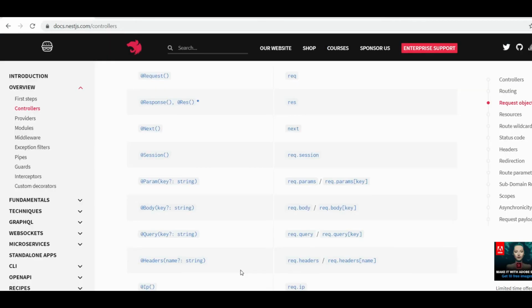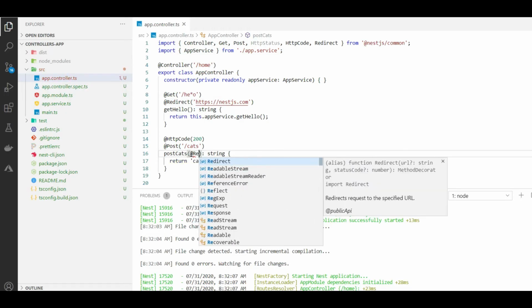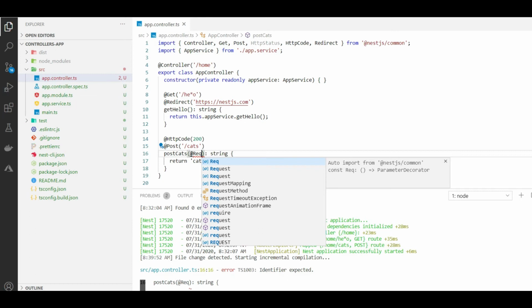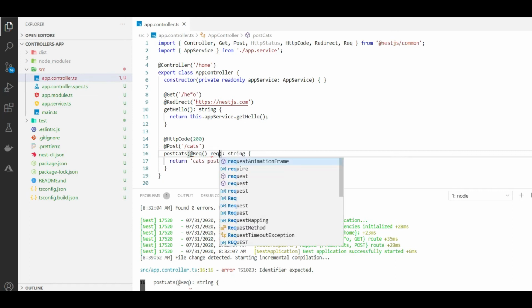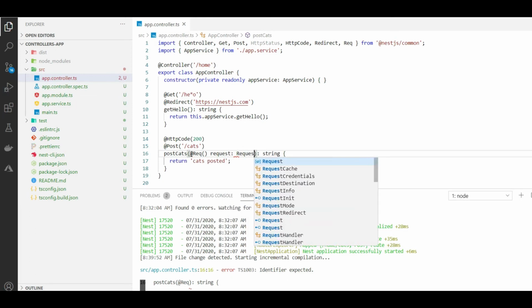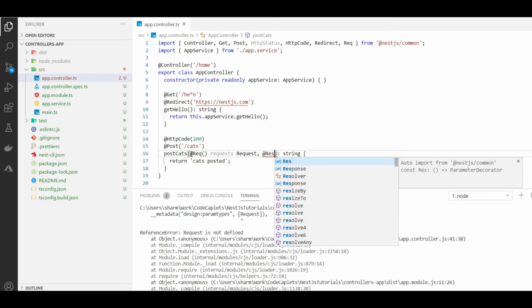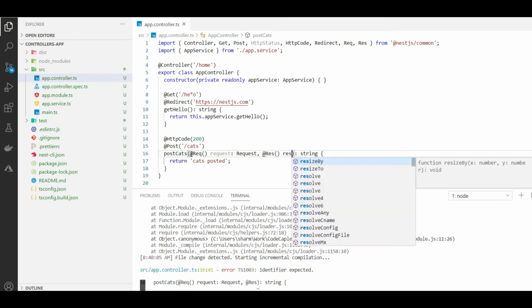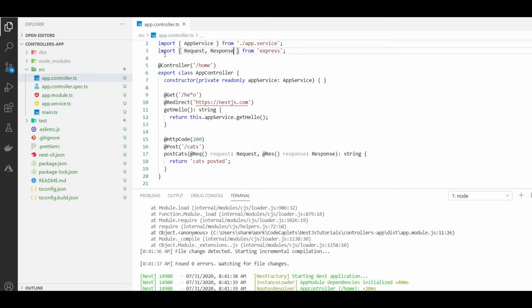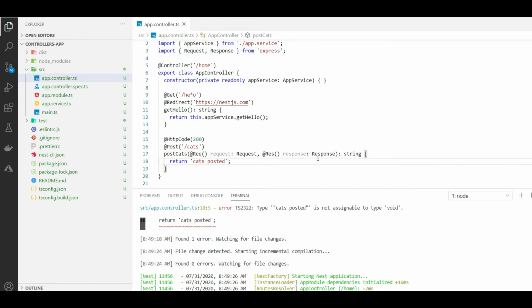We can get the Express.js request and response in our handlers. We can get the request as @Req and the response as @Res. Make sure to import your request and response from Express. Since we are getting the Express.js response in our handler method, we must send the response through the Express.js response like the old way.